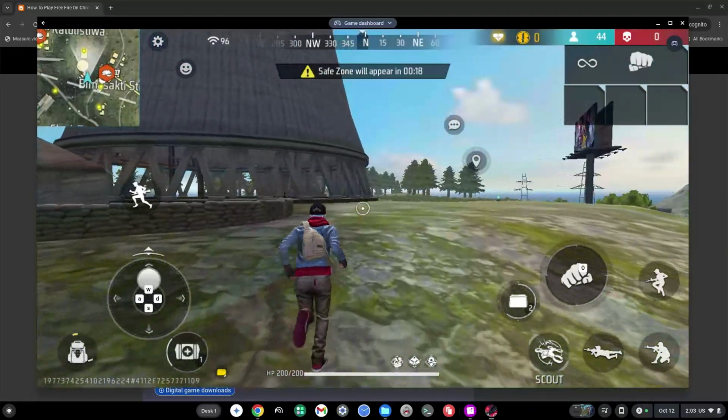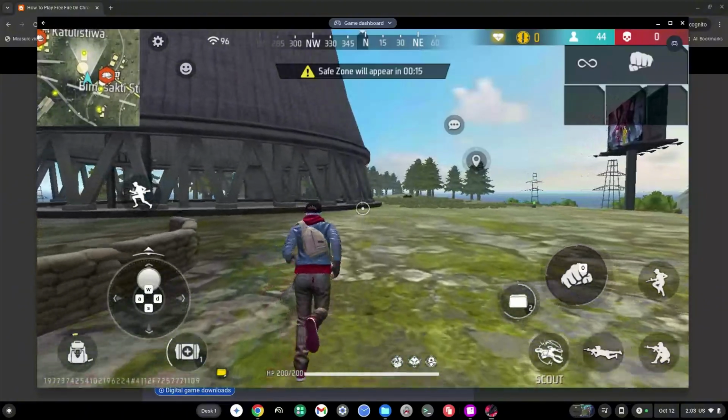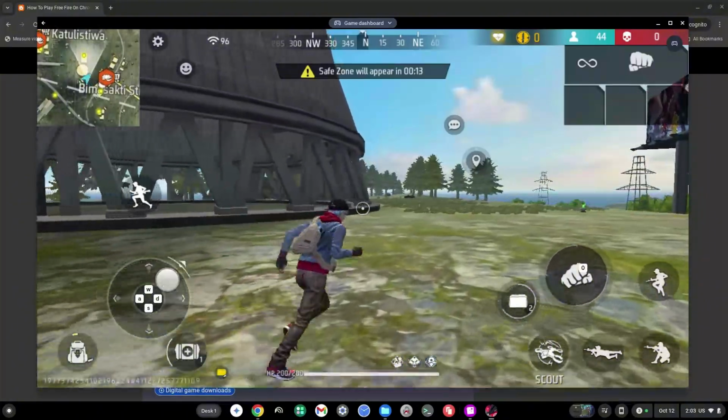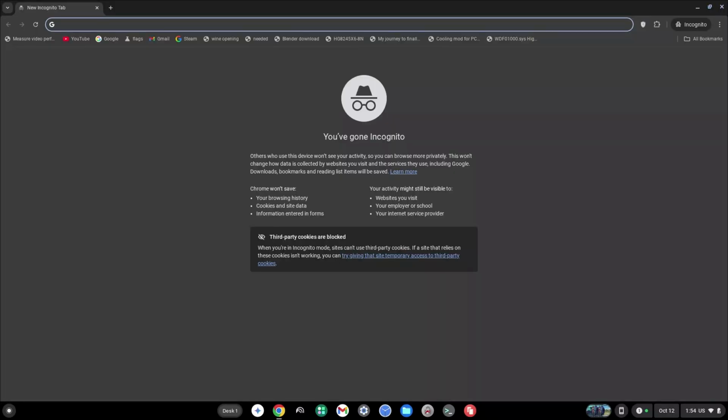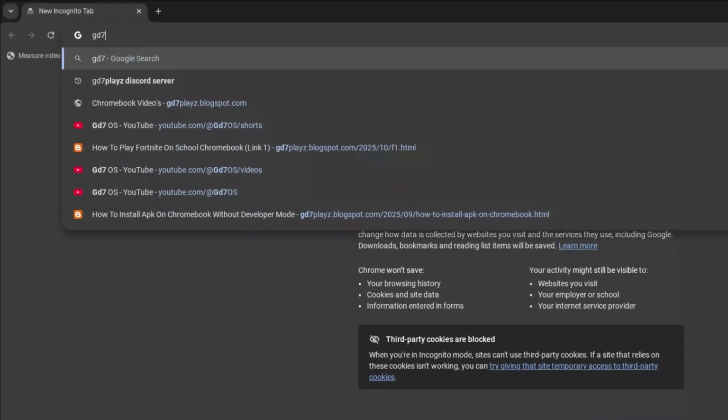And that is why in this video, I'm going to give you 5 different cloud gaming sites that are free and will allow you to play this game with both your keyboard and your mouse. Now, I'm going to give you 5 different websites that allow you to play this with both your keyboard and mouse. And the first one is